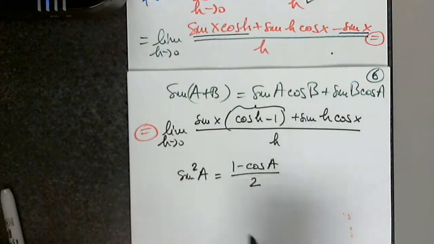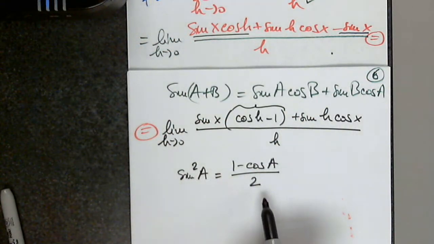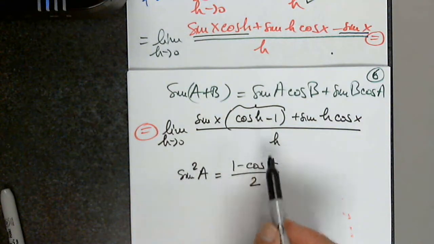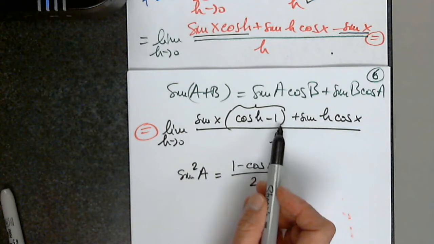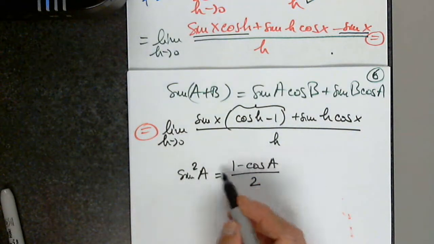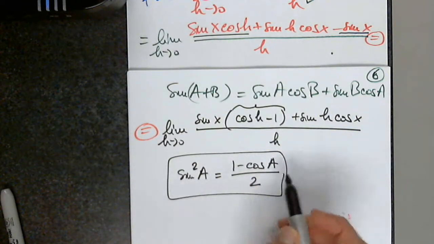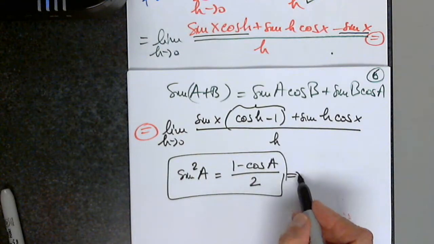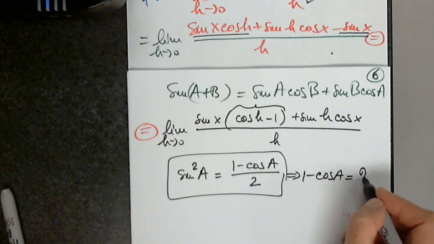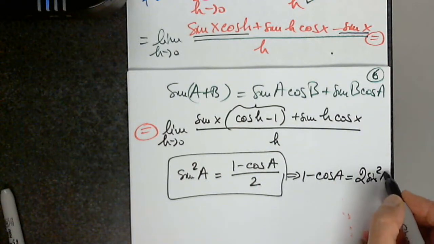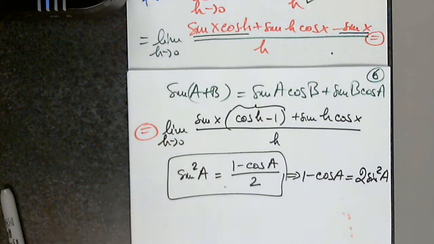So if I mimic this, first of all, I have to factor out -1, so I have 1 minus cosine, not cosine minus 1. That's one thing. And secondly, if I solve this equation for 1 minus cosine a, I will cross multiply. So 1 minus cosine a is twice sine squared a. So this is another identity from trig